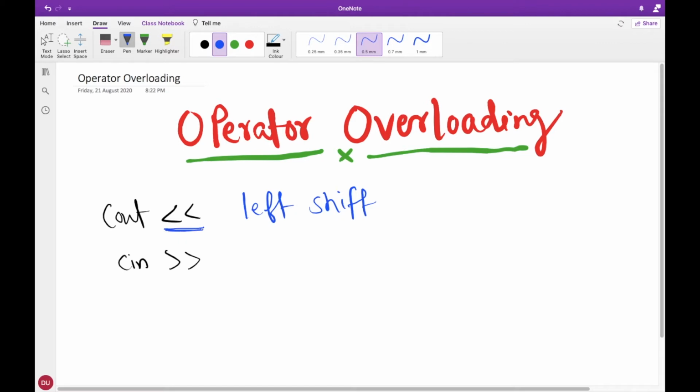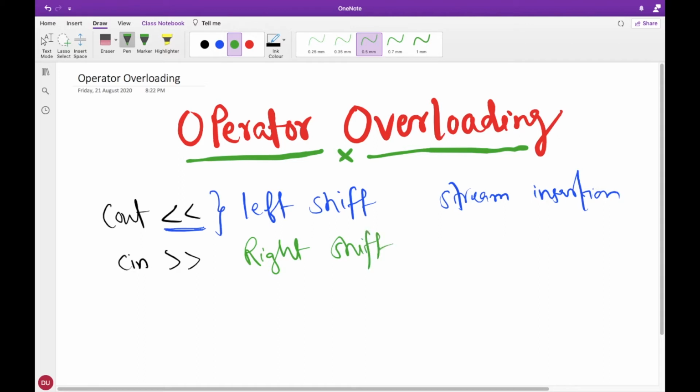These are bitwise operators. But in C++, from the beginning you have learned that this is the stream insertion operator. Similarly, the other operator is actually the right shift operator, but here we are using it as the stream extraction operator.